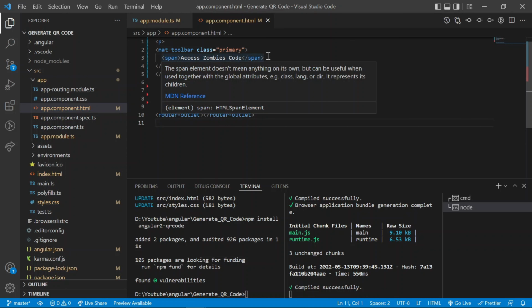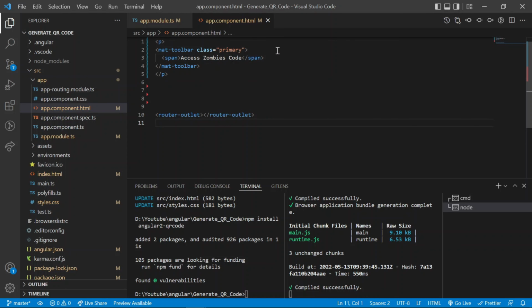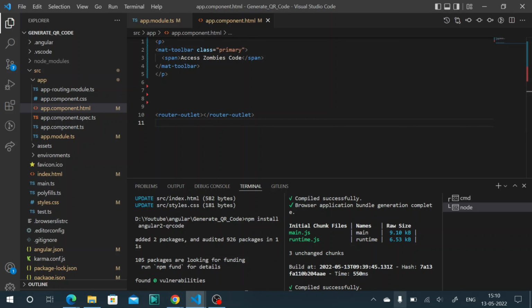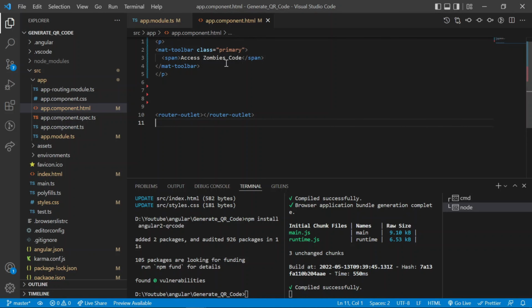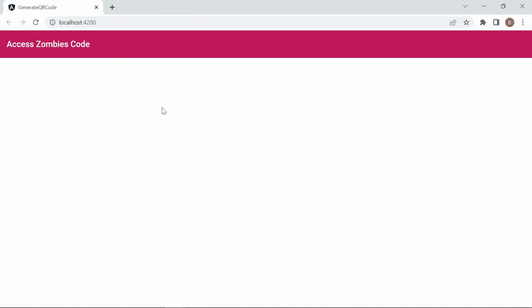I add the mat-toolbar and the color is primary. Let's check how it looks. So the toolbar is present with the brand name.